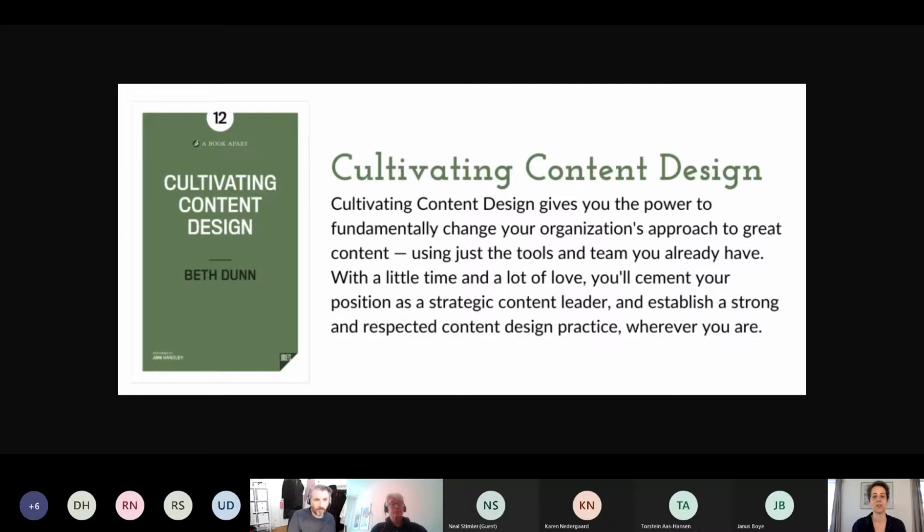So that's the first thing I talk about in the book, is to rethink what you can get out of yourself as a content person and out of the content people that you work with. All right. So that's full stack content design. Mm-hmm. And then there's also, you also write about content first.